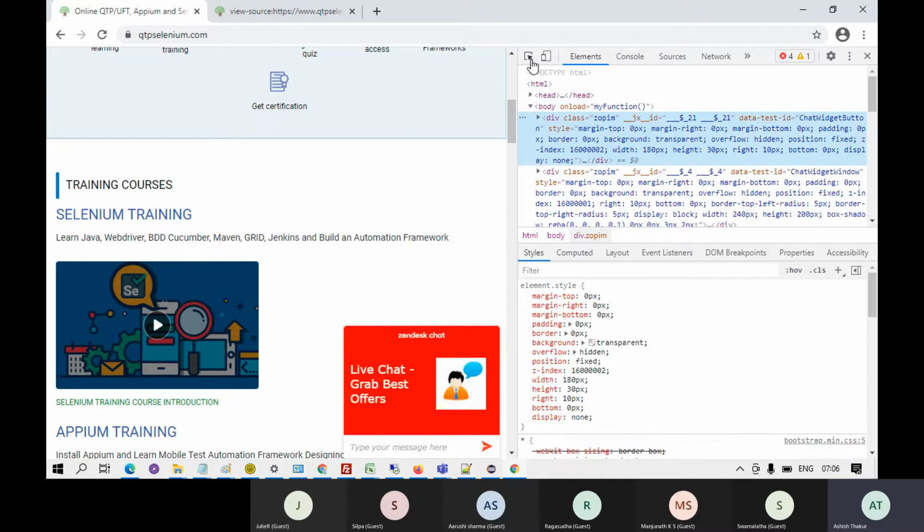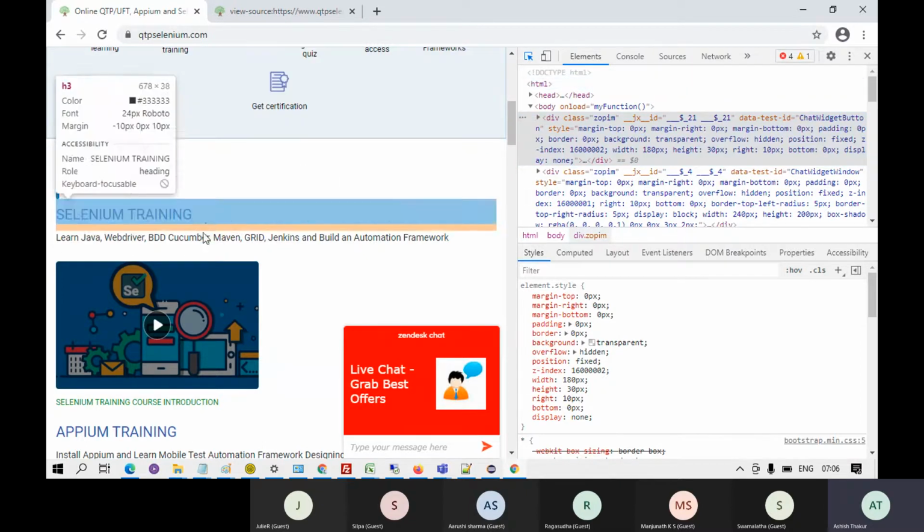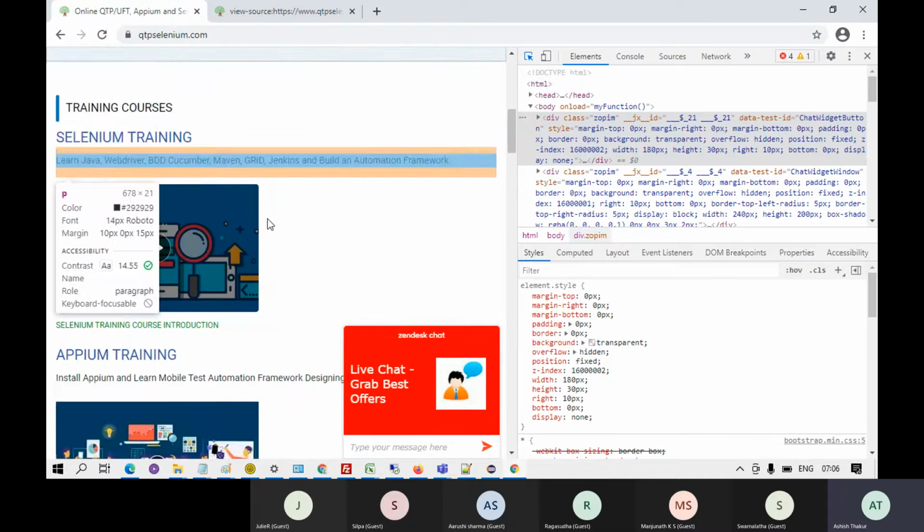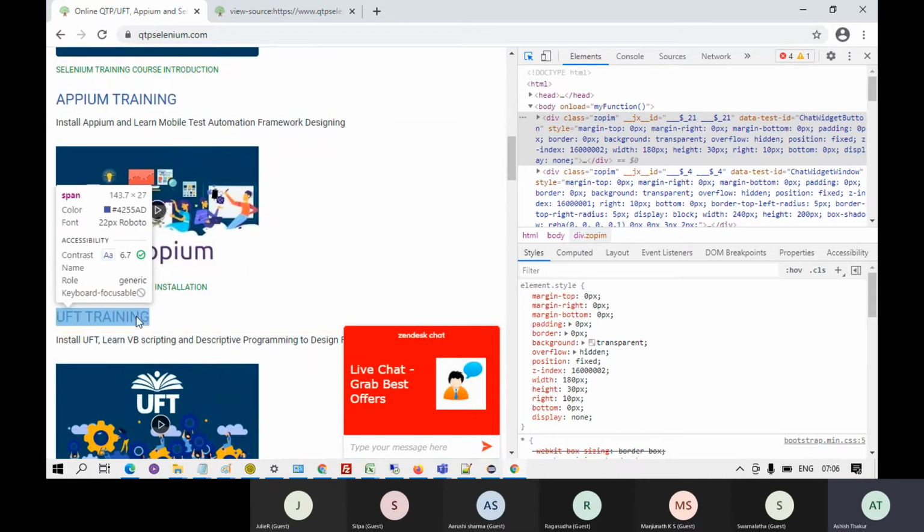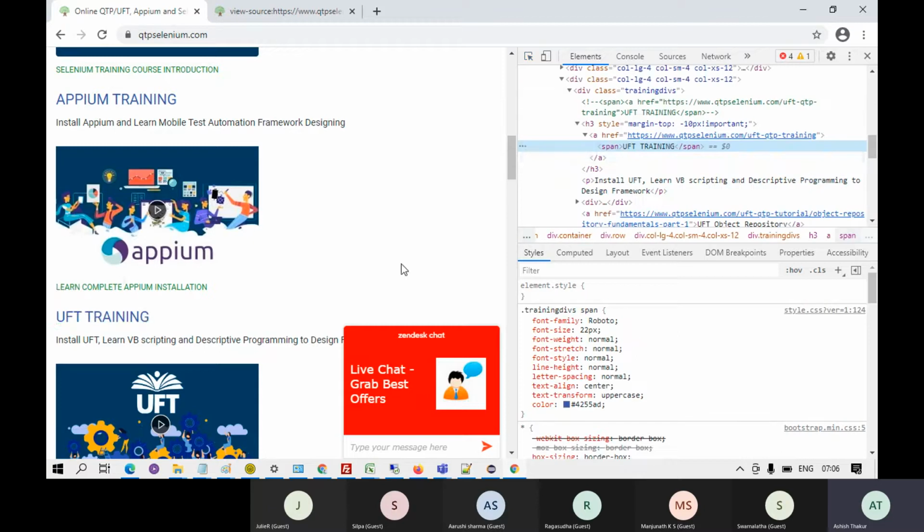There is a small arrow on the top left side. If you click on it and move your mouse over the elements, say over this link, UFT training, the HTML code corresponding to UFT training would be highlighted.